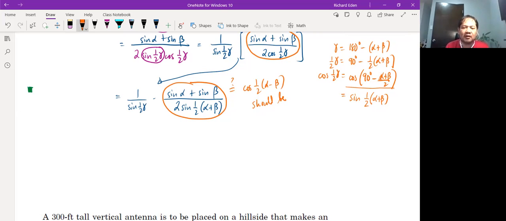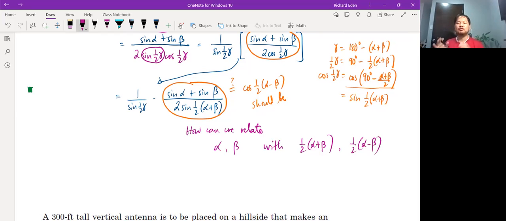So now find a way of how to relate how can we relate the angles in the numerator, alpha and beta, with the other angles, nung half of alpha plus beta, nung sign niya sa ilalim gusto natin mawala. At the same time, we want half of alpha minus beta to appear because its cosine is what should survive